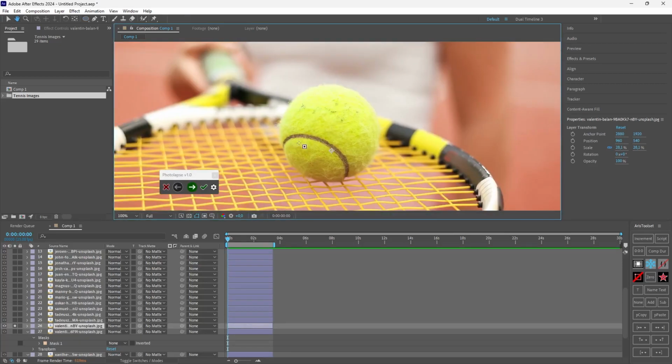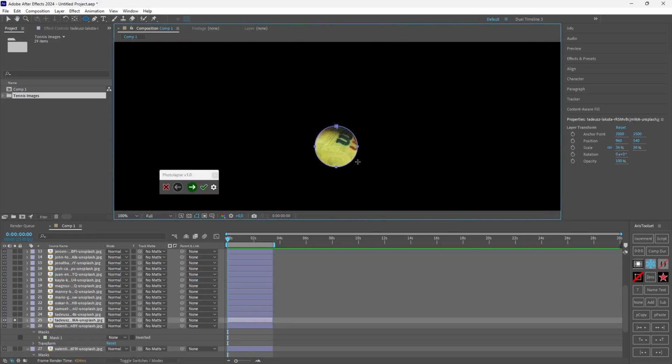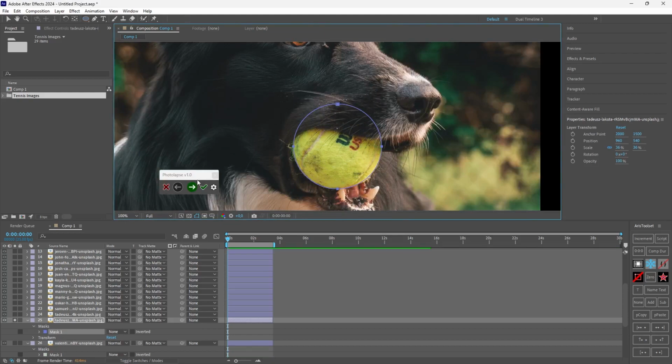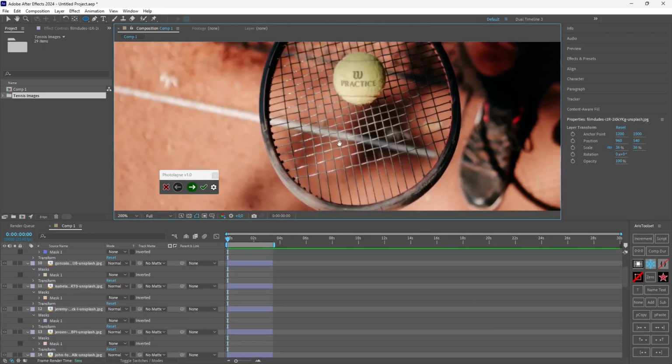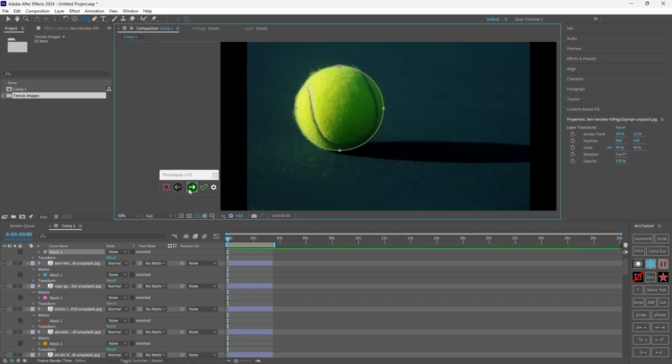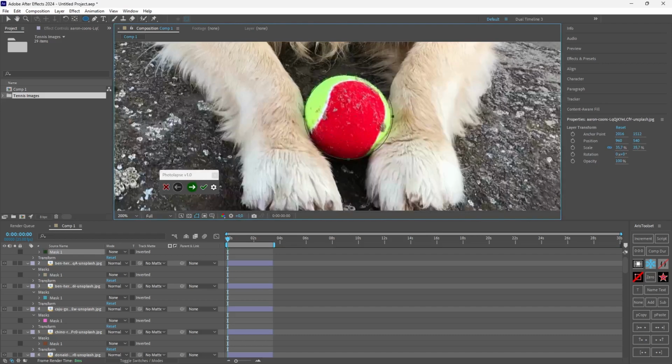Next one. Once you do 3, 4, 5 masks, you will really get the hang of it. Now, I will speed up the process, but this doesn't really take that long. Now, this is the last image. I'm creating the ellipse, and I hit Next.